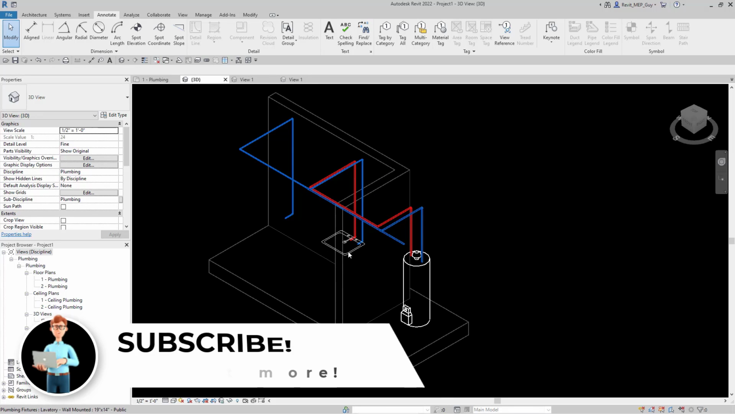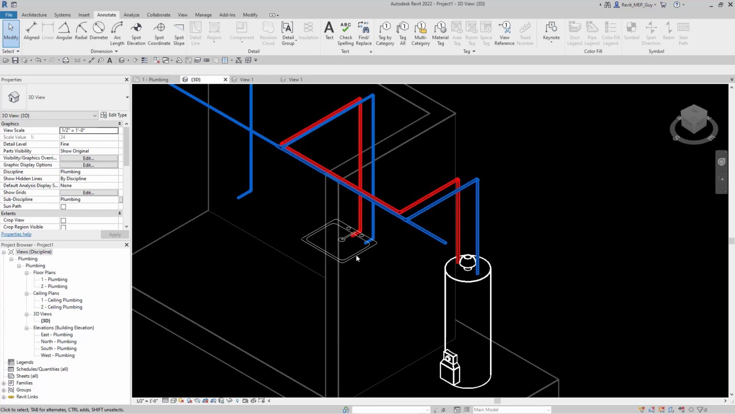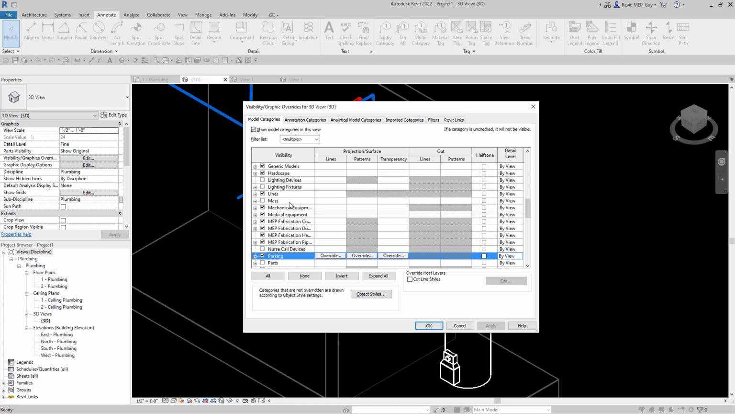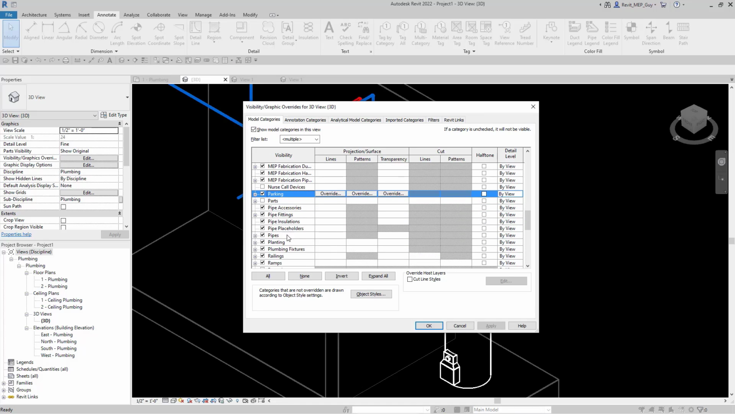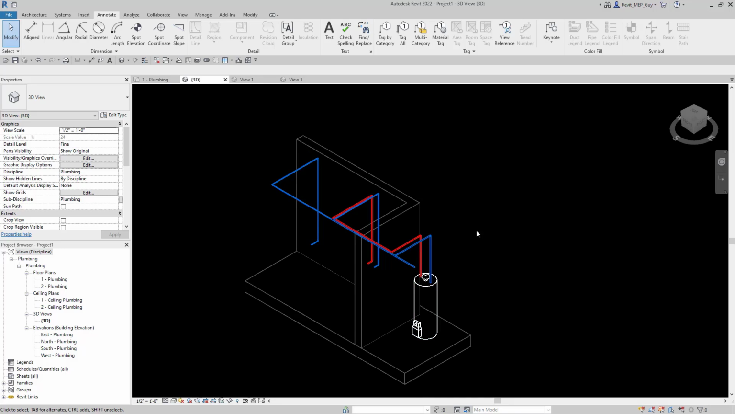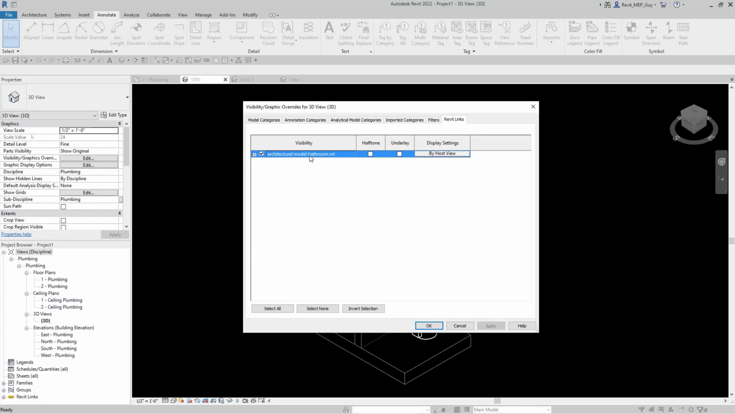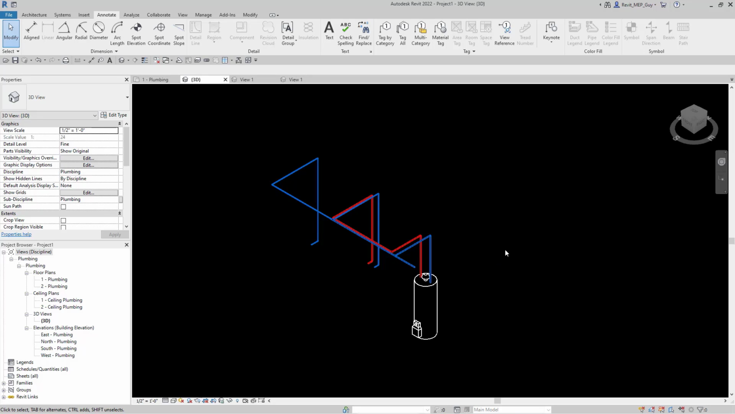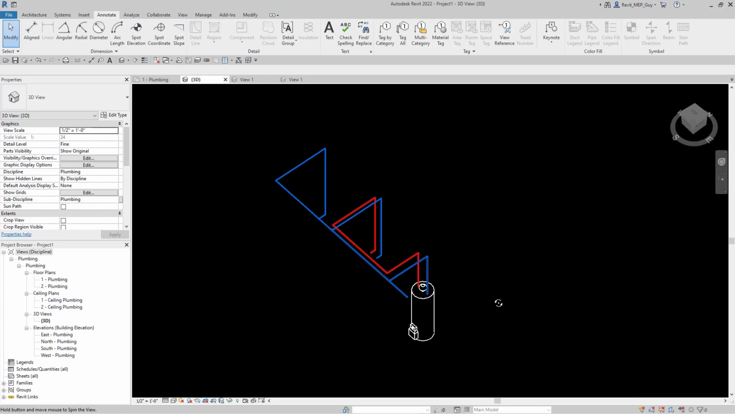For this, I don't want any of my fixtures showing up, so I want to make sure I turn off all fixtures. So I'm going to go to plumbing fixtures, and turn them off, and they're all off. I also want to turn off my links, so I'm going to do VV Revit links, turn this off, and now it's just my water heater,